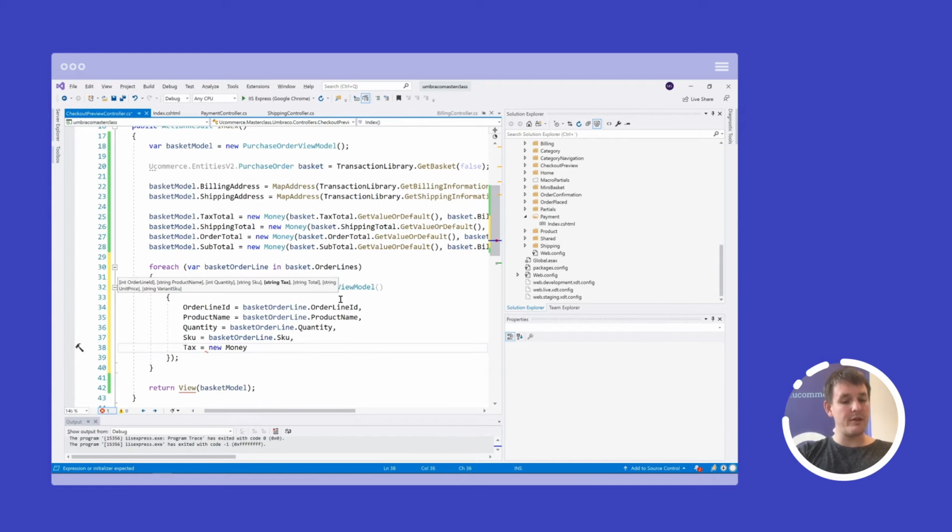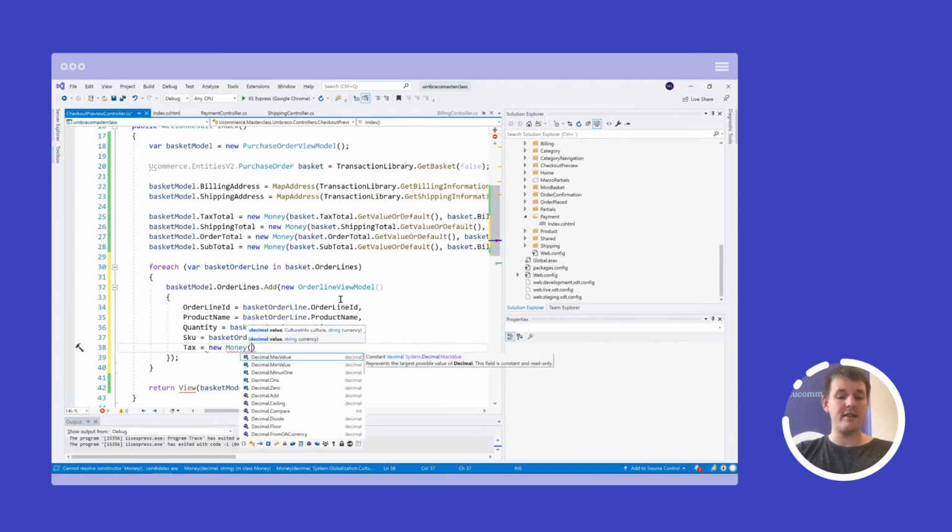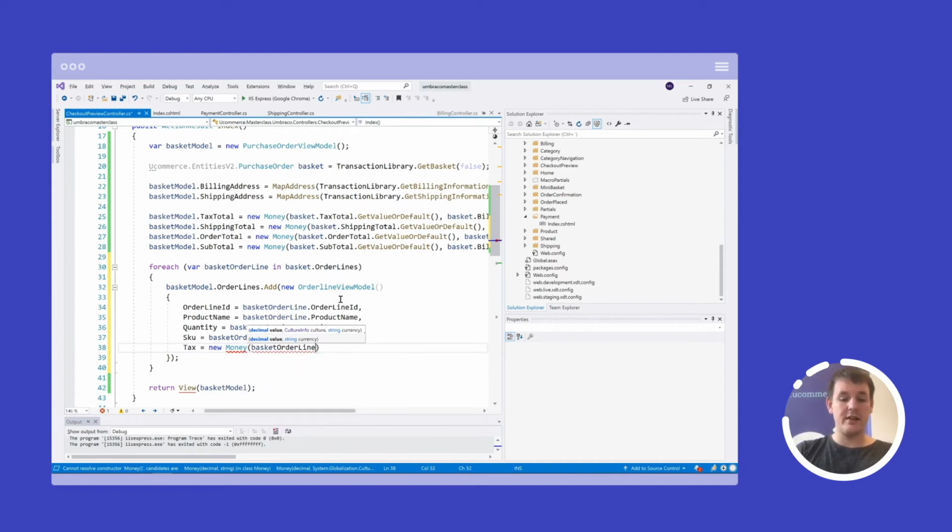For B2B scenarios, it may make sense, so let's map it as well. So similar to what we had on the basket, the order lines also have tax on them. Order price, VAT, and we can also have the VAT rate if we want to.